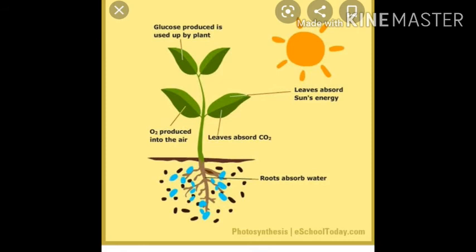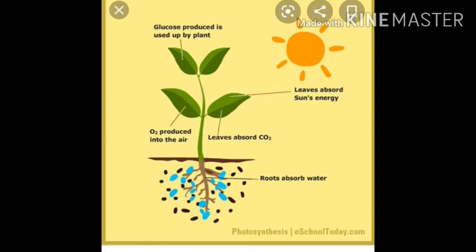Now see this figure. This figure shows the full reaction of the photosynthesis process. In this figure, the plant gets sunlight from the sun. The leaves take in carbon dioxide from the air and release oxygen and water. The plant draws up water and minerals from the soil through roots.